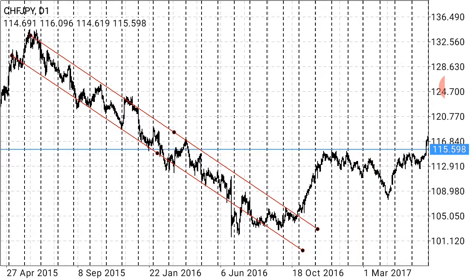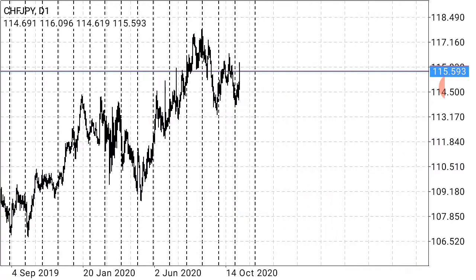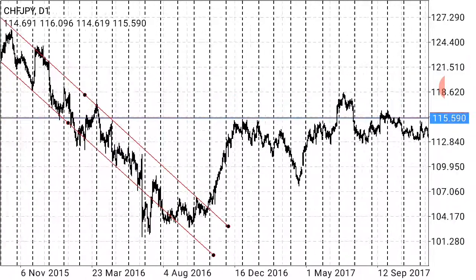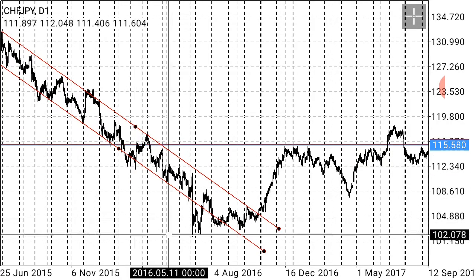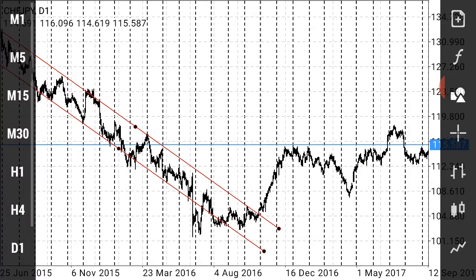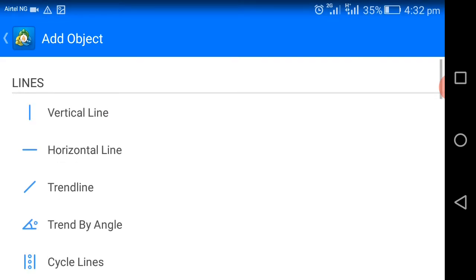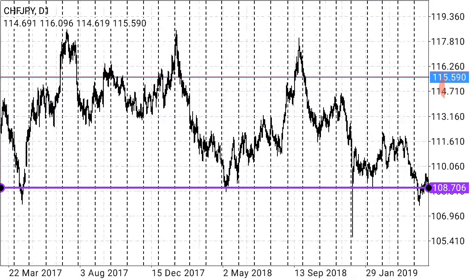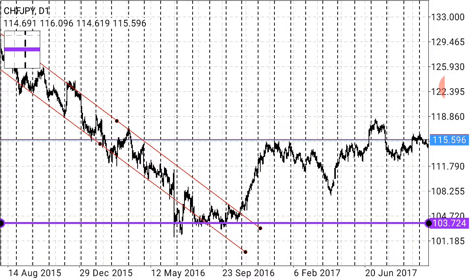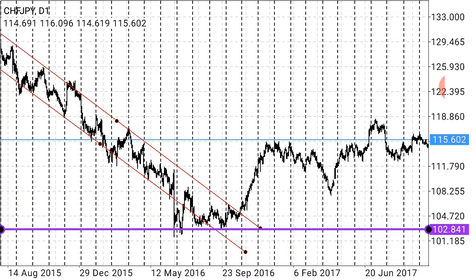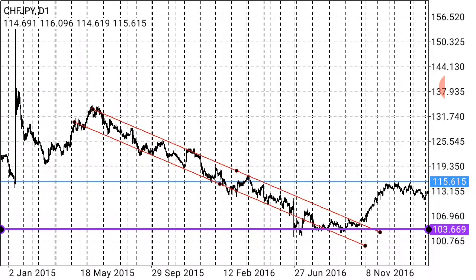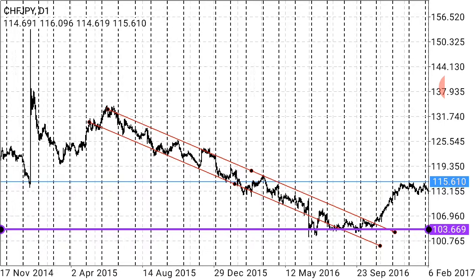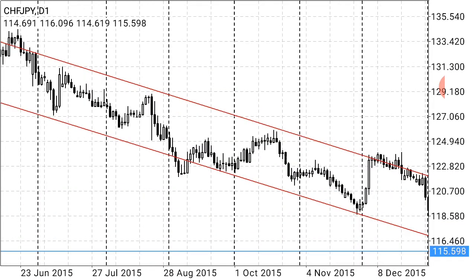Sure, that's it. So looking at this chart now, this particular place down here, I'm seeing a kind of support. I'll bring my trend line again. I'll put it in the right place. I'm practically analyzing the chart, no indicator, nothing. Now looking at this chart, if I zoom in,